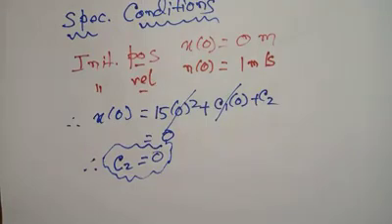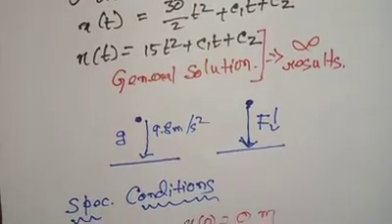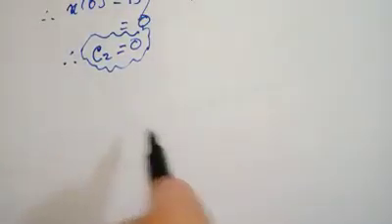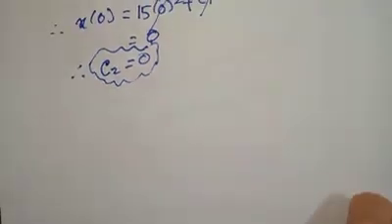Now we proceed with the next part of the equation, where we have to find a function of velocity. As you see over here, this is the function of time. But previously, we found a solution for velocity. So what is that? Let me write it for you. We write it as x prime.